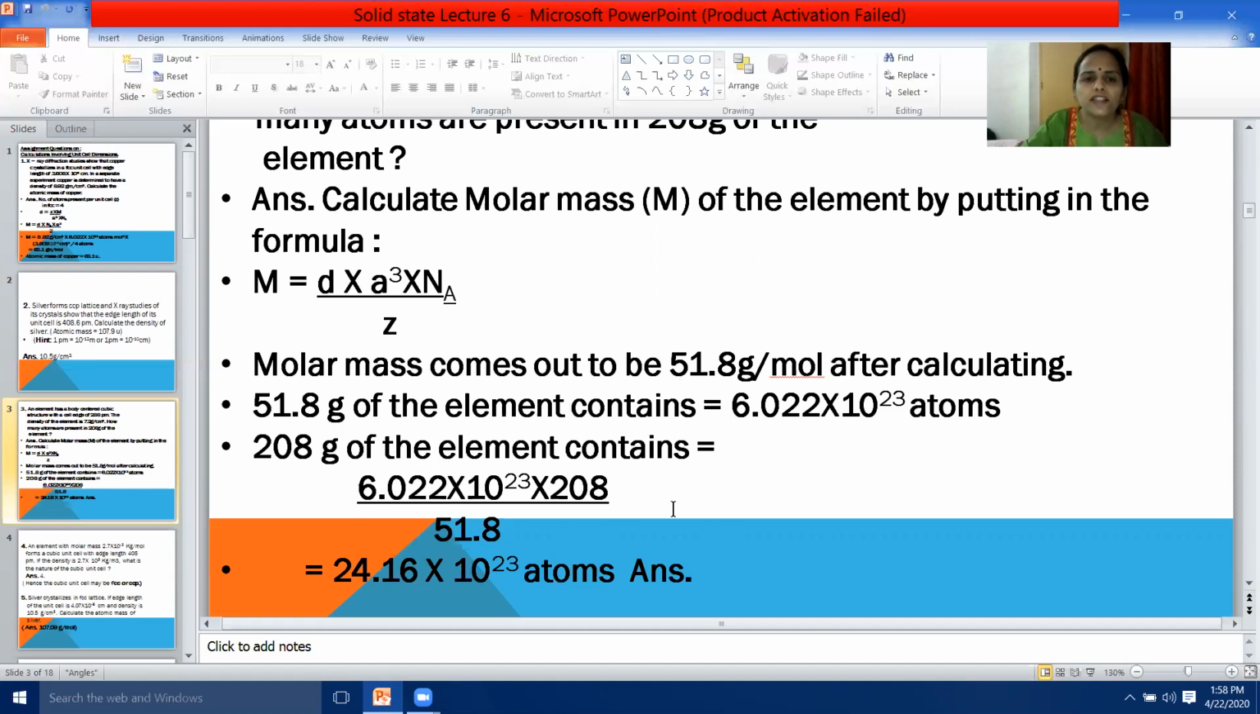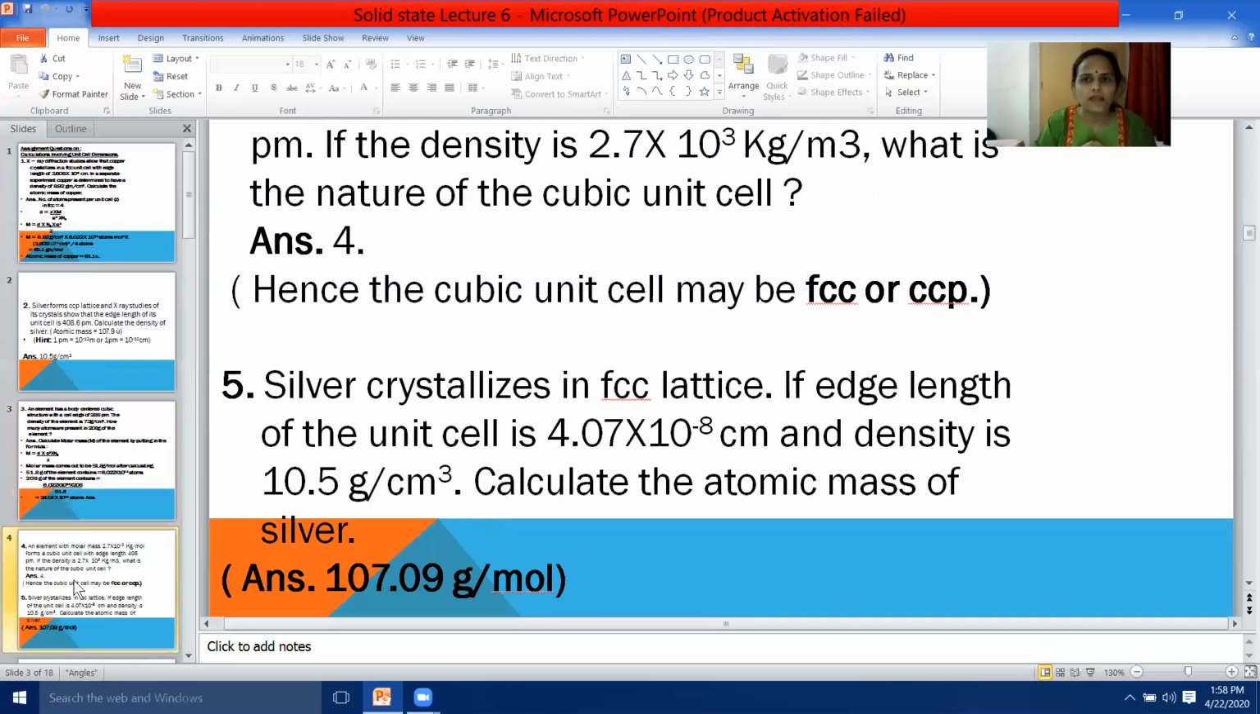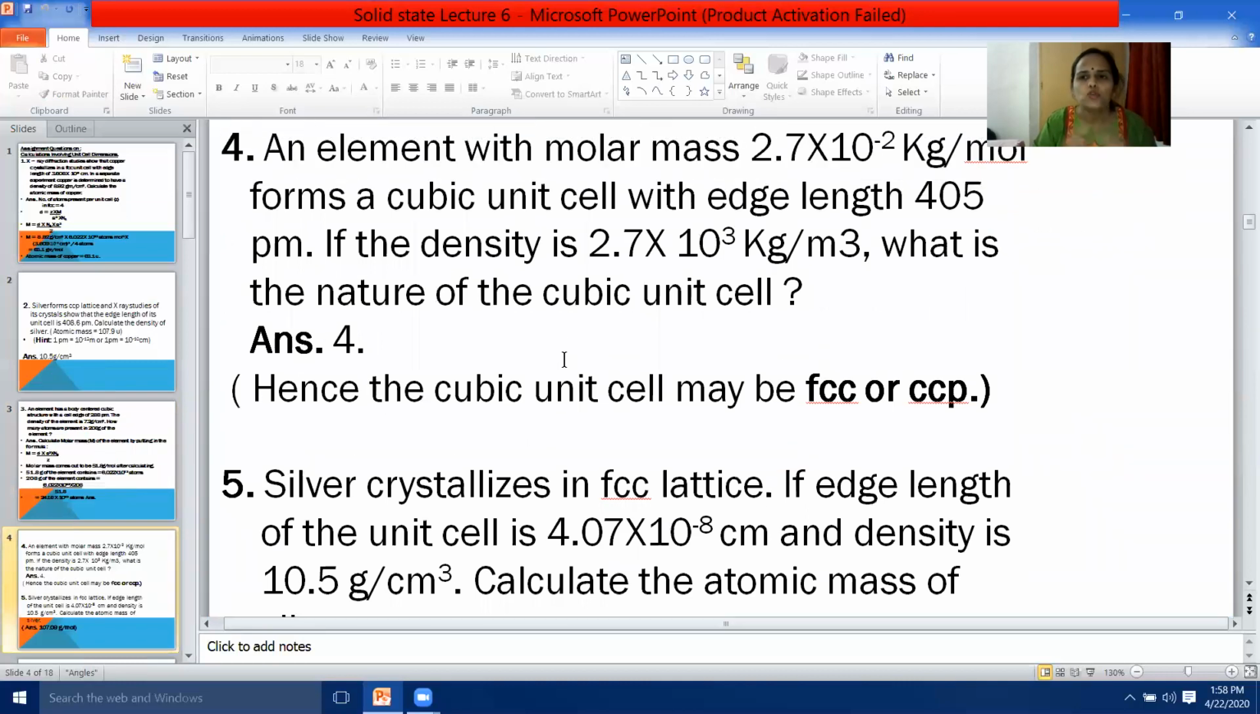So 208 gram of the element contains 24.16 into 10 raised to 23 atoms. You will practice this in your assignment copy. Let me come to the fourth